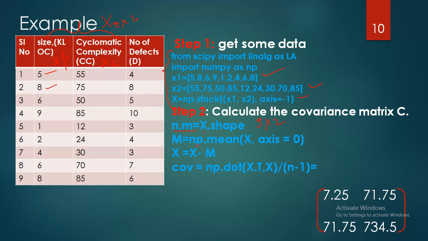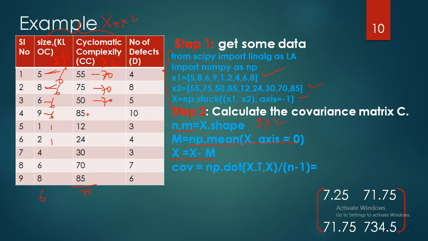Now you compute the mean of each column, and subtract the mean in each column. For example, the mean of the first column is, let us say, 6. So we have to subtract 6 from every element, minus 6 and so on. Similarly, the mean of this is, let us say, 70. So we have to subtract 70 from every value. So that is the way it is called mean centered data.